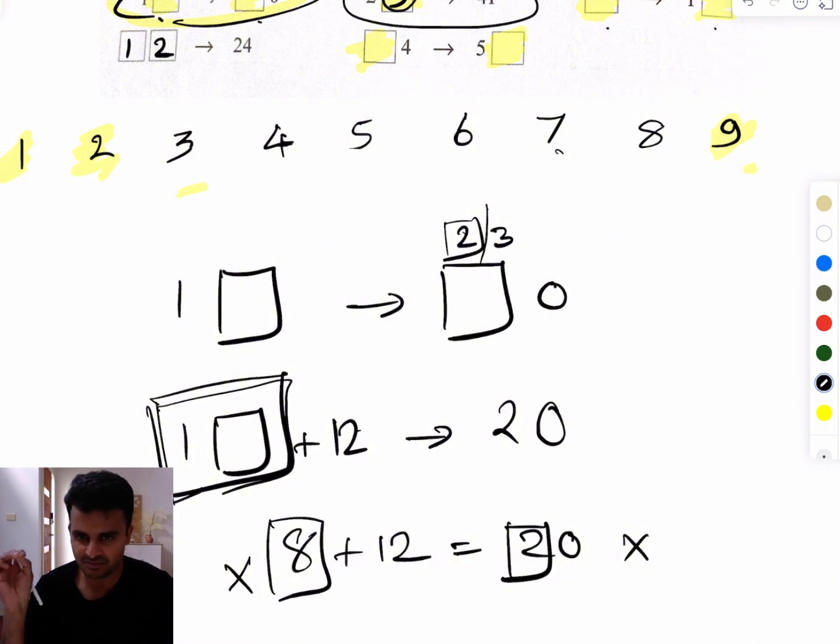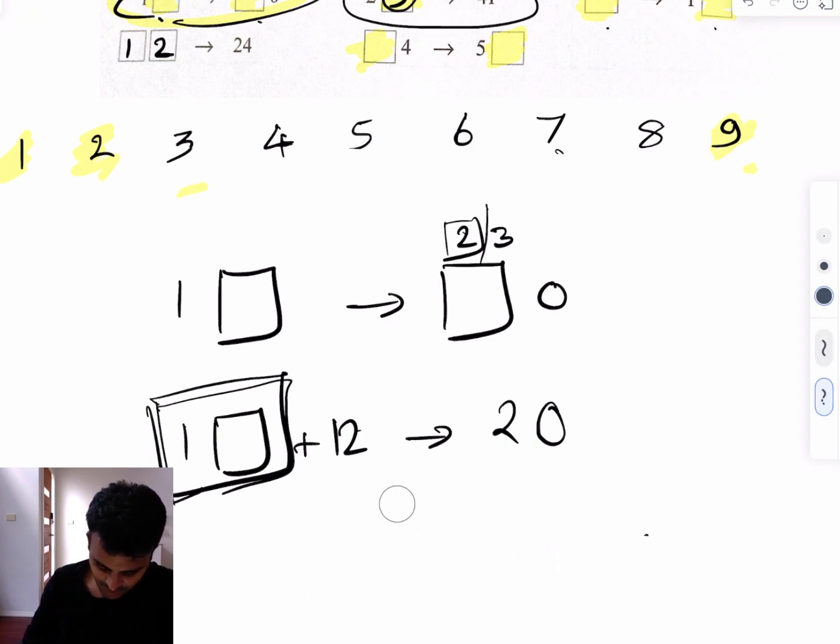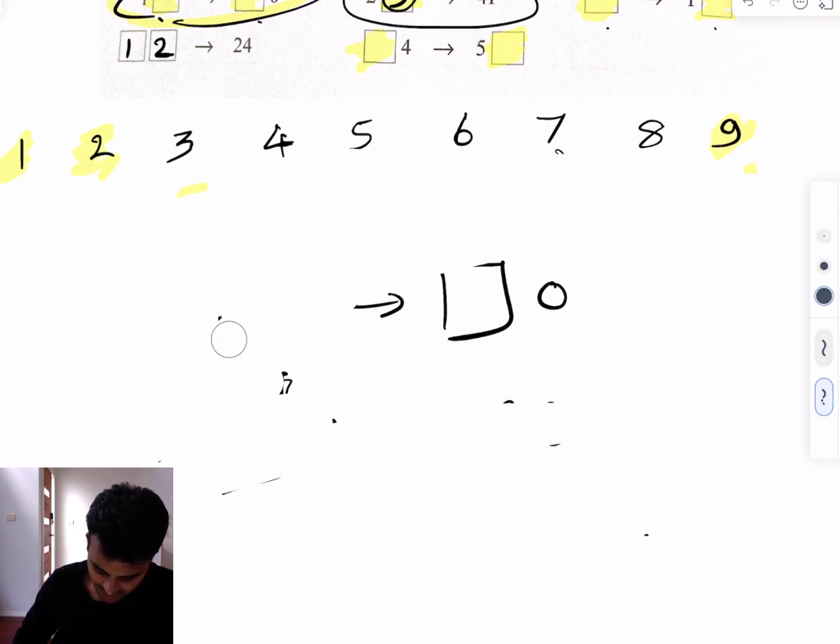Oftentimes, however illogical it may seem. In this case, it is actually logical, but I'm just paraphrasing Sherlock over here. So the answer over here,